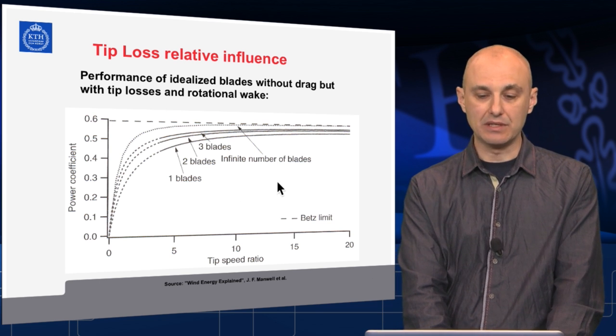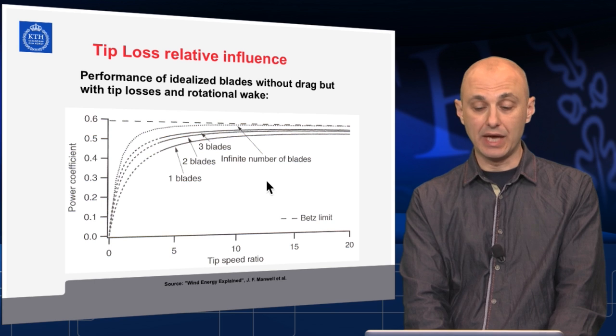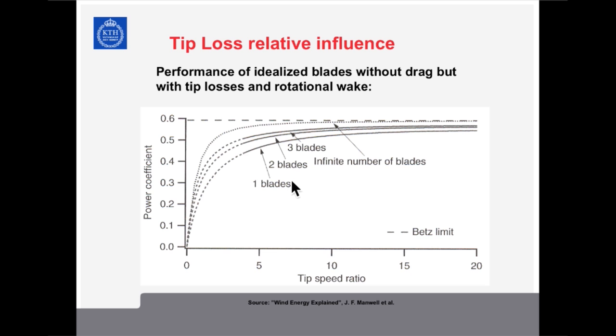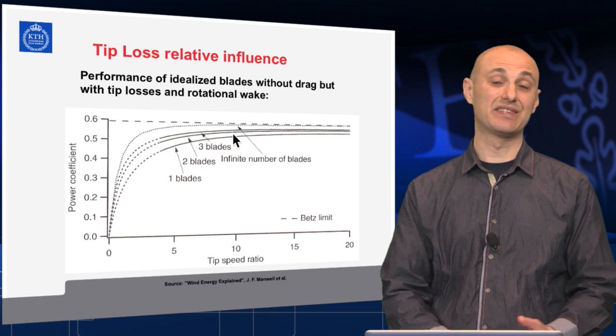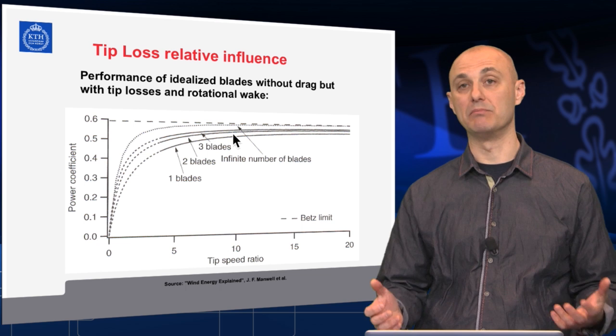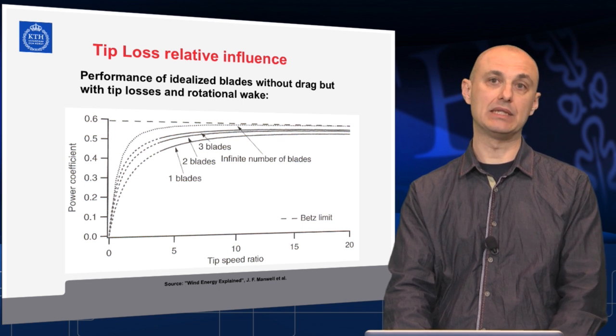That's one example of the relative influence of the tip loss. If we have a single blade, the relative influence might be more detrimental. If we have many blades, it wouldn't be that high. Again, the tip loss will act so that when it starts to represent itself more and more, the actual performance of the windmill would start decreasing more and more from the optimum possible, theoretically possible one at those